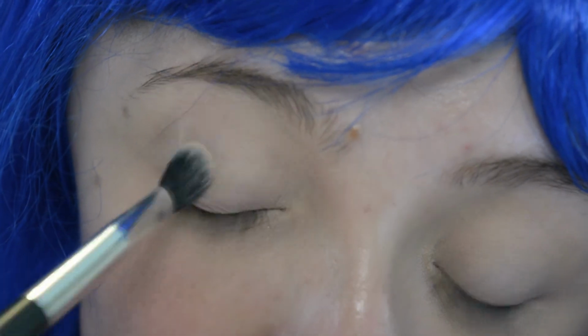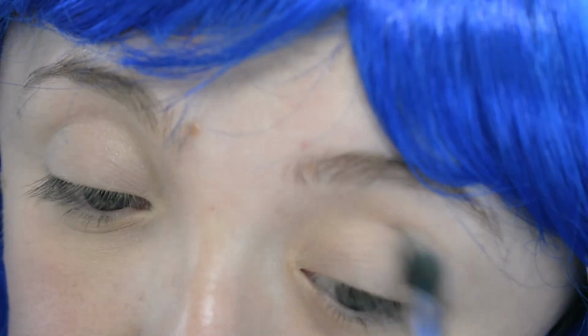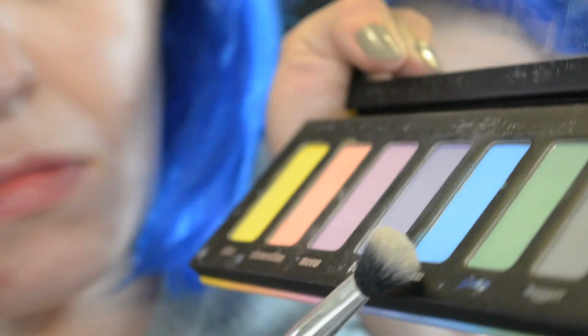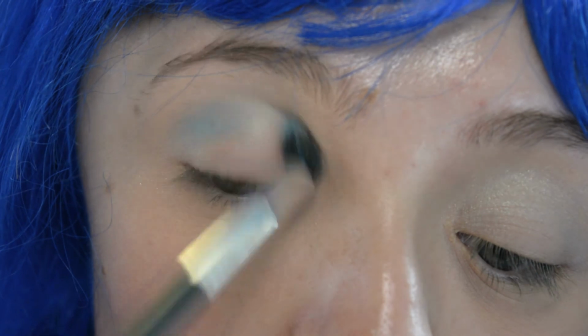So basically what I'm doing is I put on some concealer under my eyes and on my eyelids to create a nice base for my eyeshadow and also to neutralize my super dark under eye circles. I set it down with some powder, I blended it out, and then I put on a light blue eyeshadow in the crease to create a nice base for this really bright blue Kat Von D eyeshadow that I'm